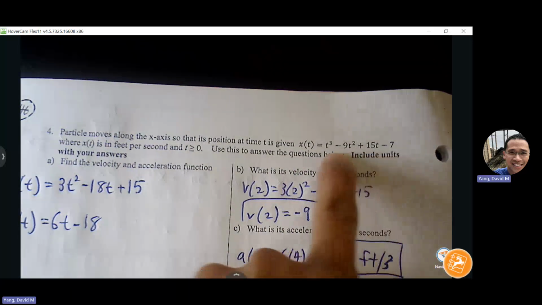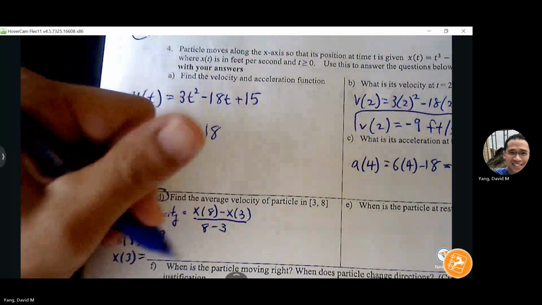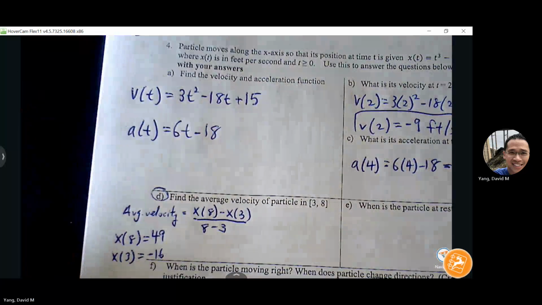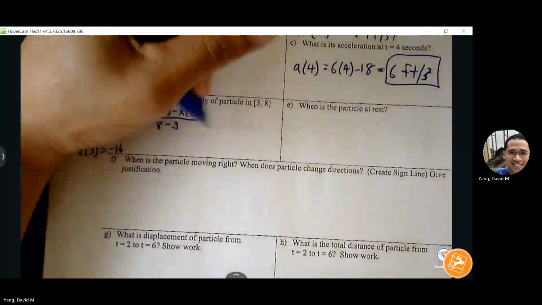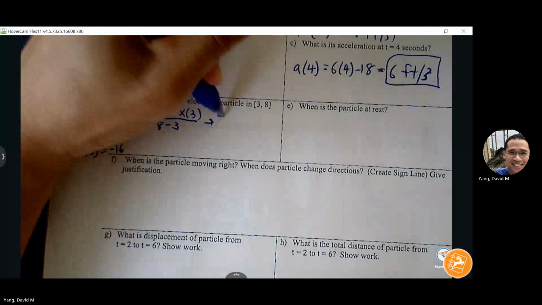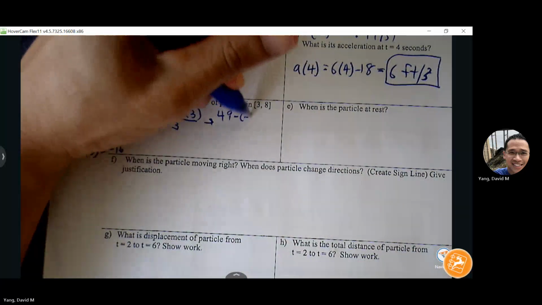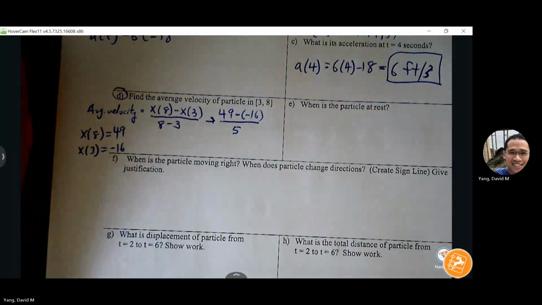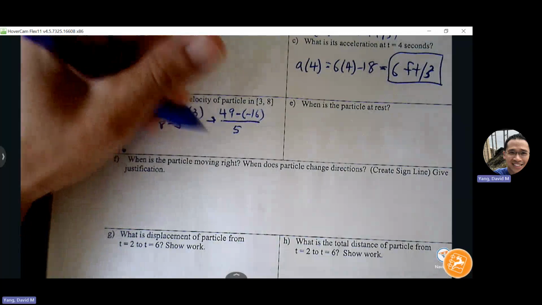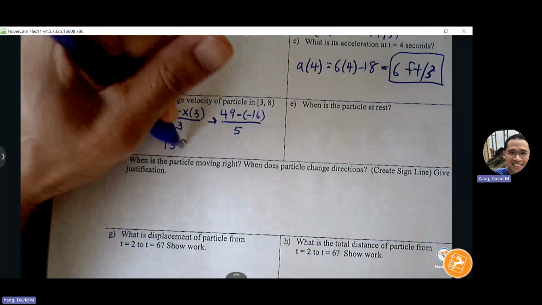For x of 3, I'm inserting 3 in for all the t's of my position function. So 65 over 5, you can leave it like that, or you can reduce it to 13 feet per